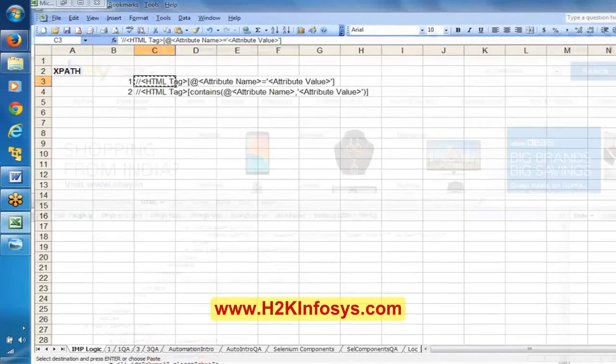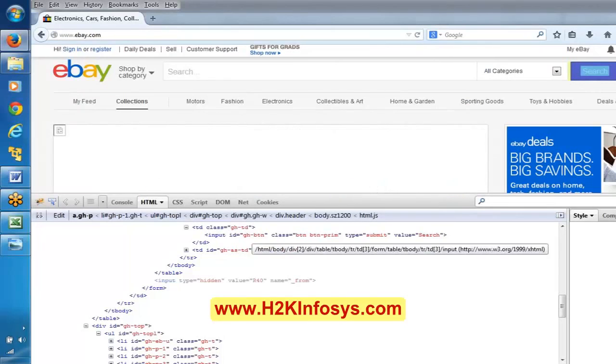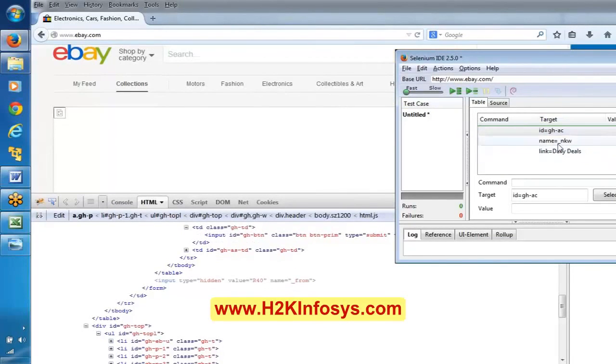Now let us try to identify this particular search button. Actually, this search button has an ID. So far we have been trying to understand this text box, right? We are able to identify this text box using the ID and using the name, right?